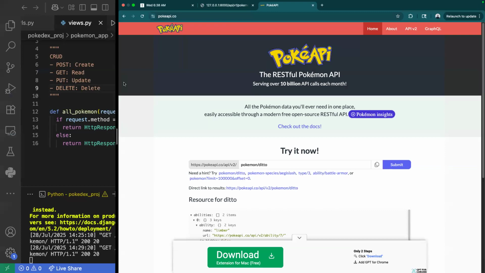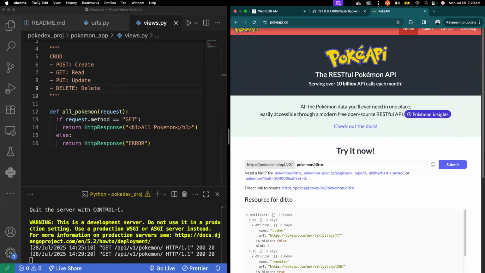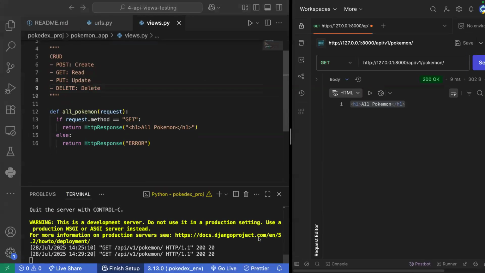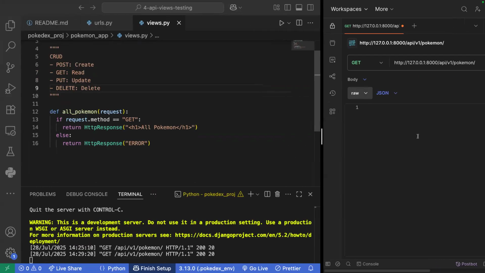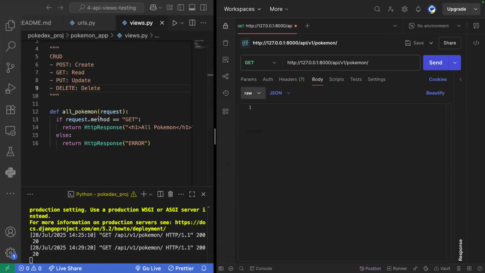But currently, I am handling a GET request. Well, now I want to handle some sort of other request. What if it was a put request or a delete request? That's where that else statement comes in. We'll see that if I put post in there and I send my request,